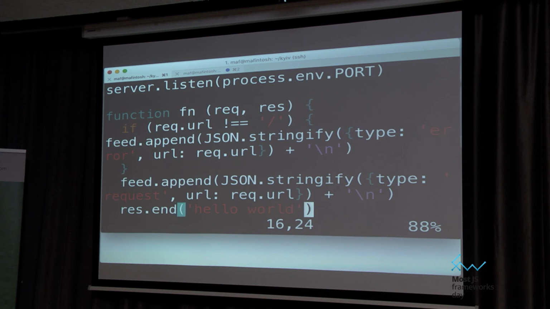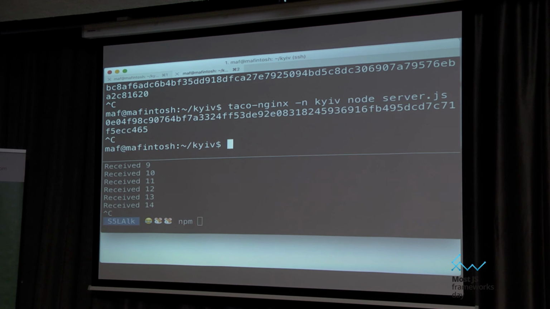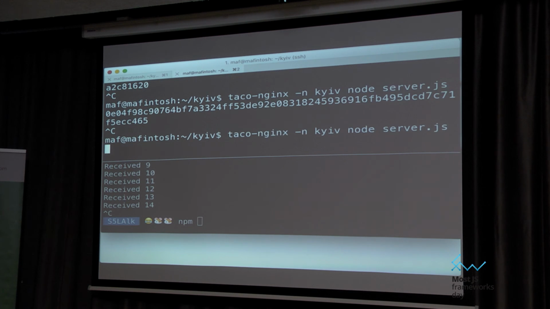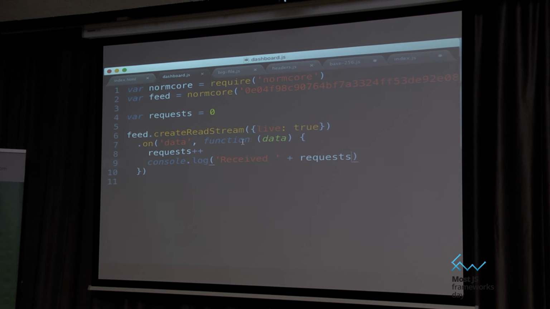And then otherwise, I'm just going to call it normal request. So let's try that real quick. So restart this, and then in our program, let's print out this data again.